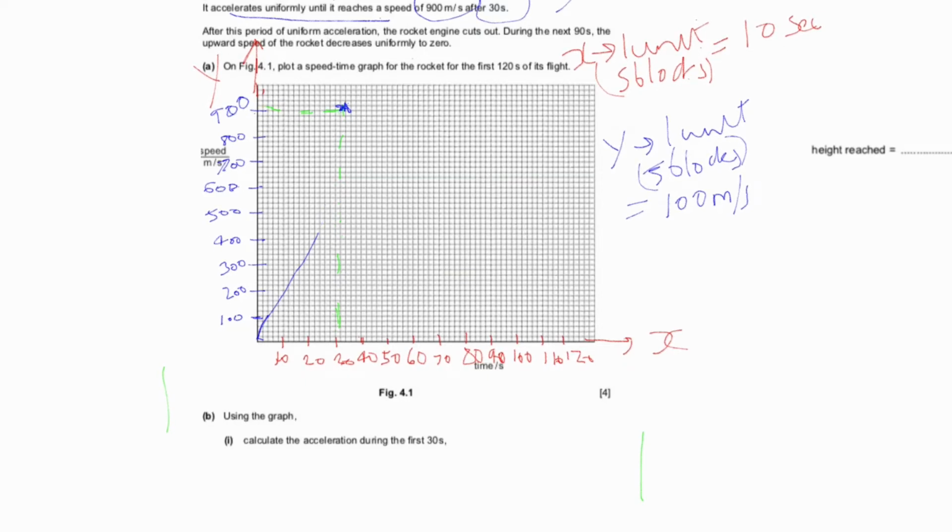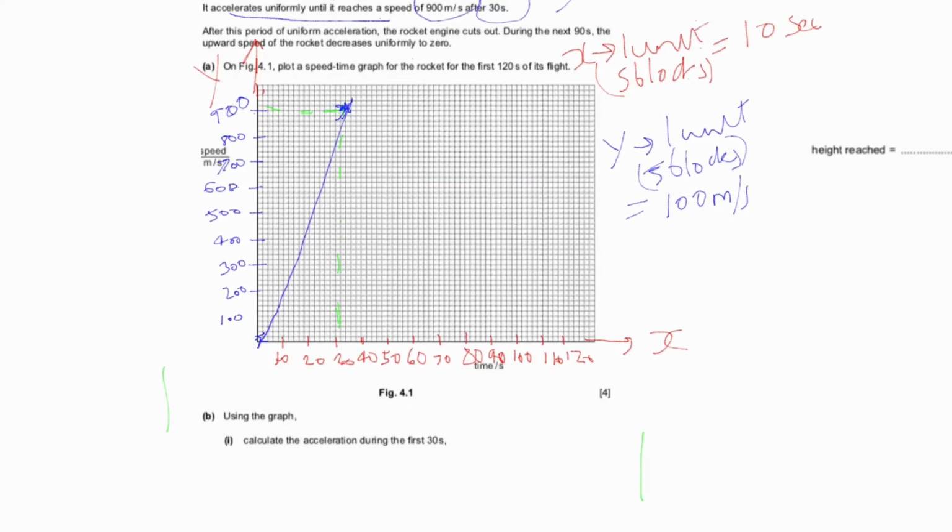I will rub it. It is not looking like a straight line. So I will make a straight line from these 2 points. We have to join with a scale. You can join, but I am joining like this only because the scale can't be used on this. And then it is accelerating.